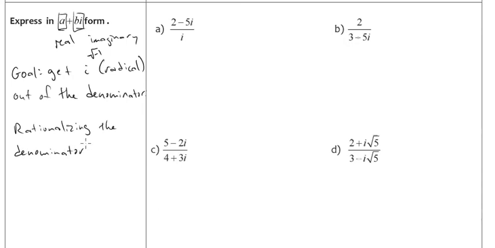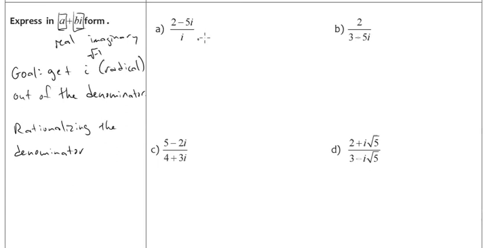All right, here we go. So those are our goals. We're trying to get rid of the radical in the denominator because, in other words, this i here is the square root of -1, and we can't have a square root in our denominator. If that helps make more clear what we're trying to do. So actually, let's change that back to the original i. Here we go. Now, if I have the square root of -1 in my denominator,